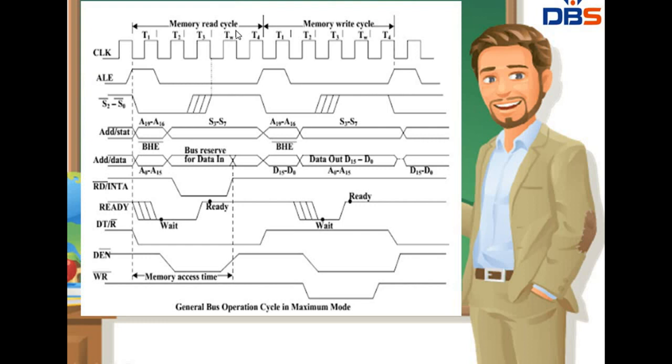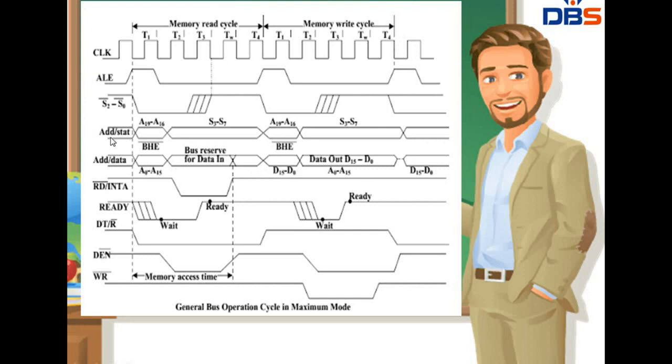So what is the purpose of the TW state? Whenever the processor says hold, that means the data is not ready, then it will enter into this TW state, that is a wait state. After receiving the data, it will continue to transmit. In the TW state it holds the data. It says that I am not ready, that means the data is not ready to access. After that, it again starts its transmission of data up to the T4 clock cycle, and this repeats.